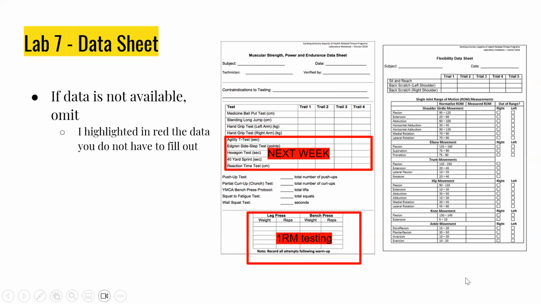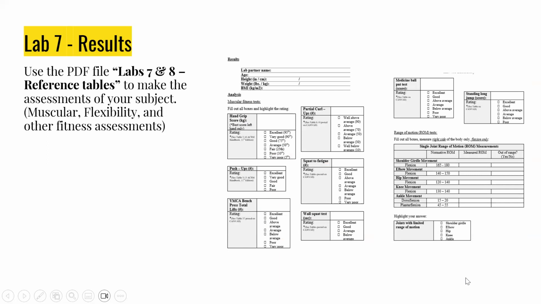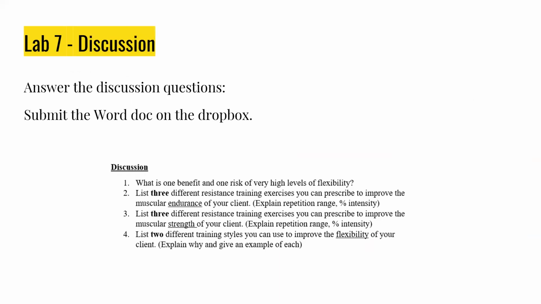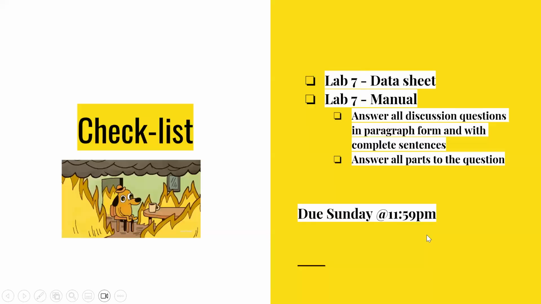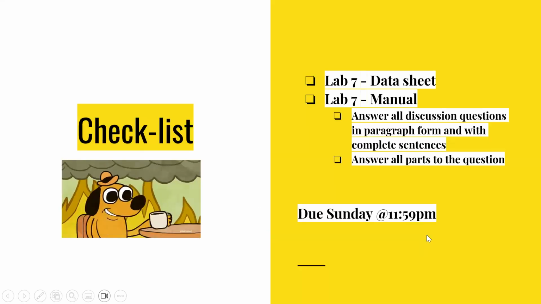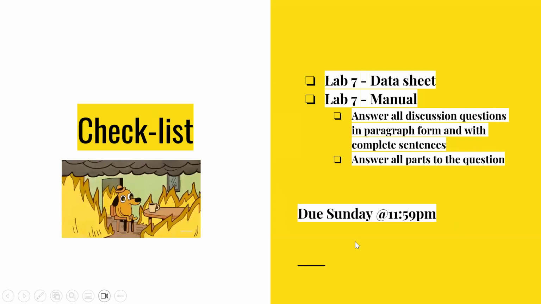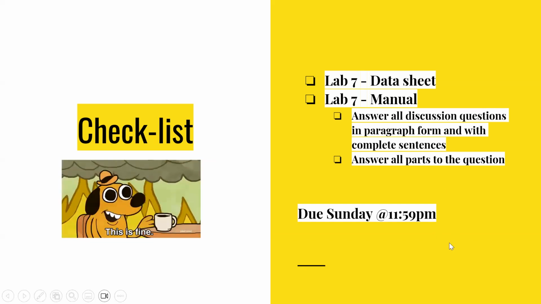So you submit the lab 7 data sheet, and you'll submit the lab manual, the results section, with lab partner information, the analysis of the muscular fitness test, flexibility and range of motion, and you'll answer the discussion questions in the lab manual. Now again, you'll submit the data sheet, the completed data from this week, and the lab 7 manual. Please answer the discussion questions in paragraph form and with complete sentences, and answer all parts of the question